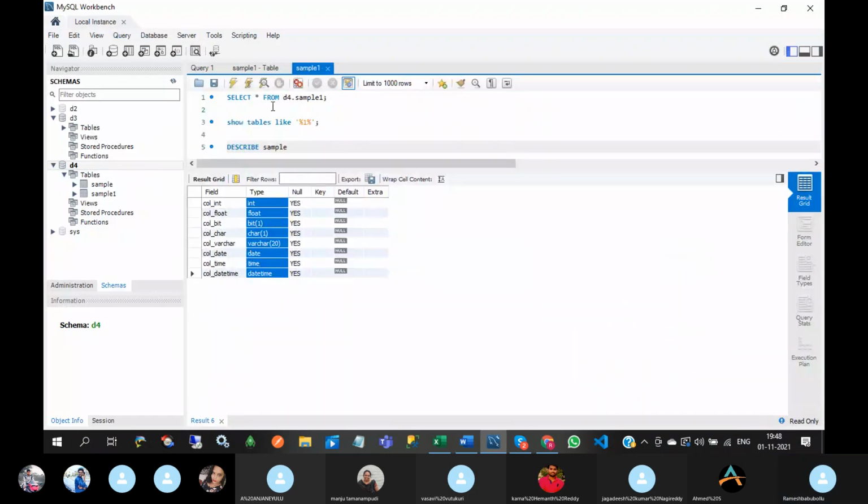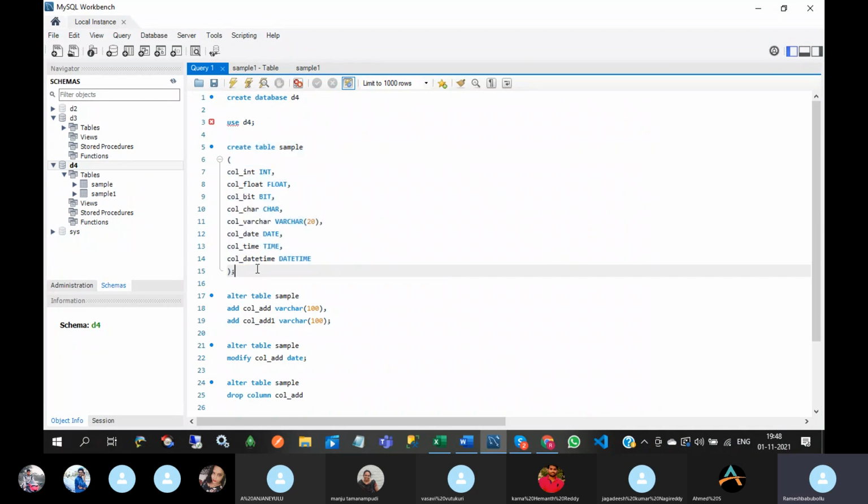Here, see this. I want to create a table which has the same structure as sample. That means the new table will have the same column names with the same data types and the same data type sizes also. So at that time I no need to write the entire query.